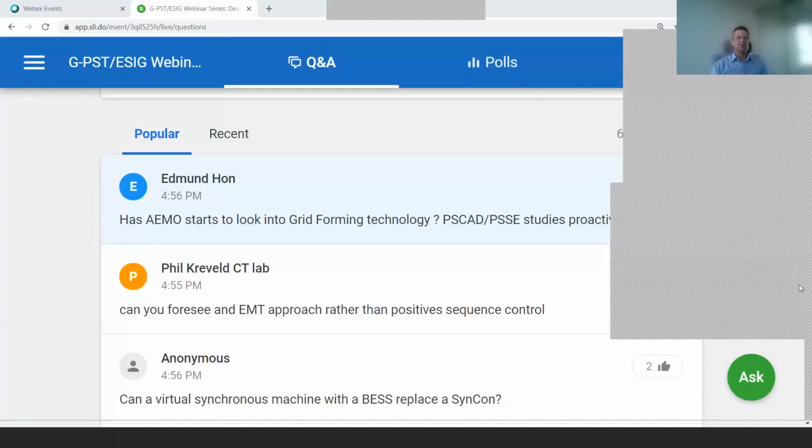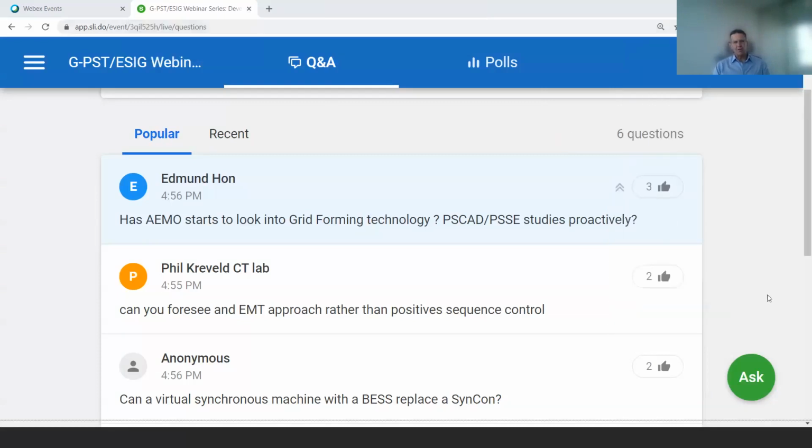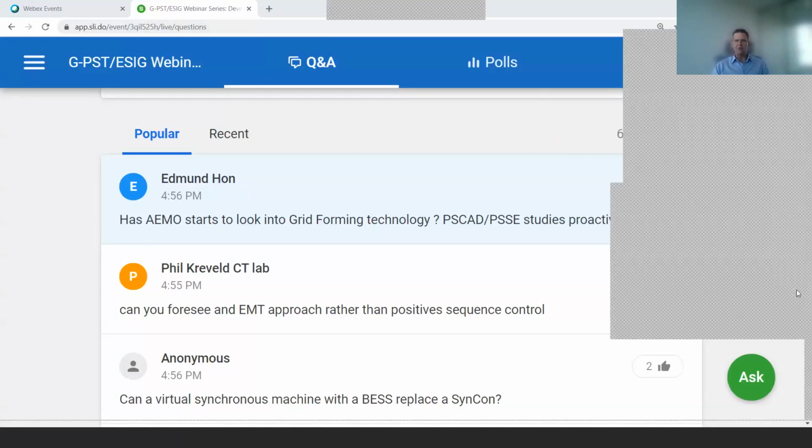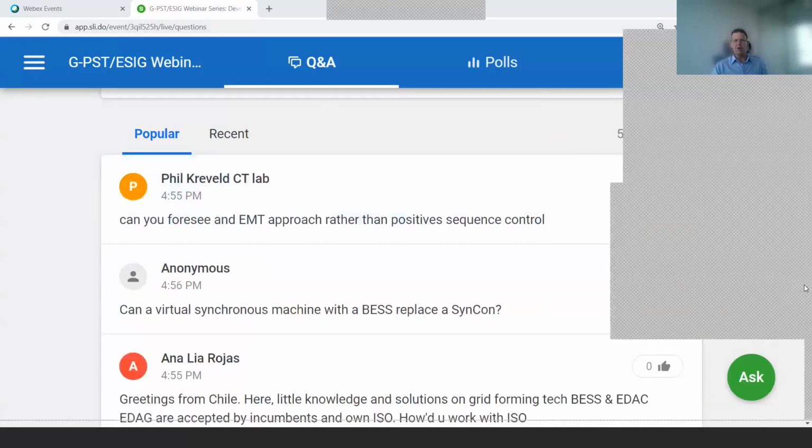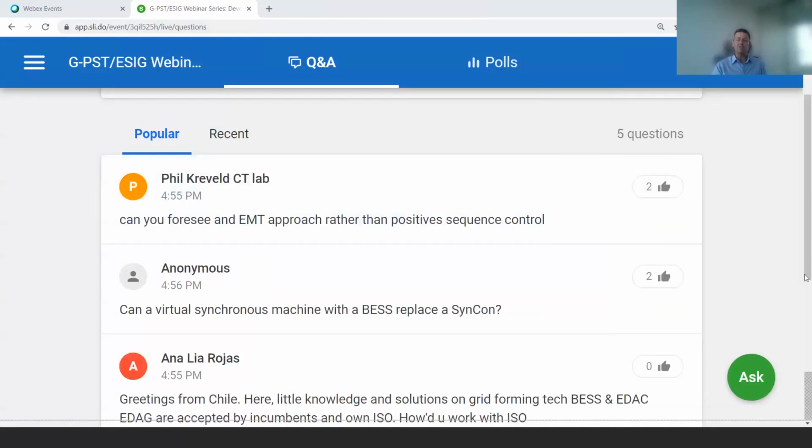It's an excellent question. There's a couple of things around that. Let's say that there is an absolute need to optimize the utilization of existing infrastructure. There's also a need to optimize the design and build of future infrastructure. And particularly in Australia, the Integrated System Plan is looking at renewable energy zones, which are areas of high renewable resources, where the aggregation and collection of a large amount of renewables could be facilitated more easily